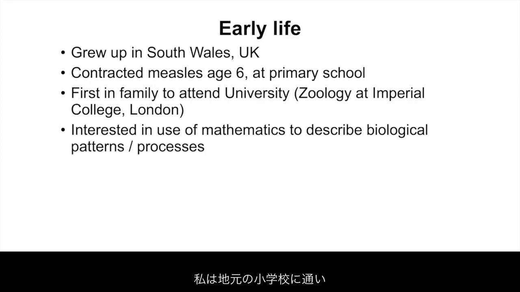I went to the local primary school where I contracted measles, age 6. At that point in time, there were no vaccines available. Consequently, many children became infected with measles during their first year or two at school, if they hadn't already been infected by an older sibling bringing the disease home from school. I was an only child and was probably infected by contact with a classmate, like so many others in that era. When I was 11, I went to the local grammar school.